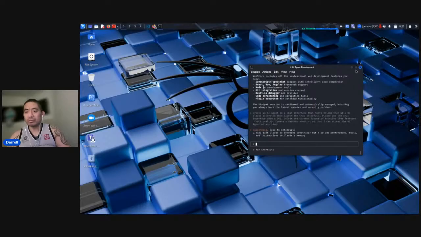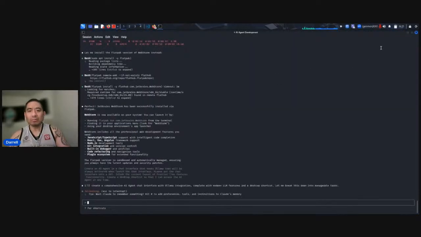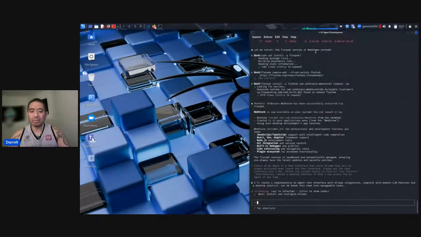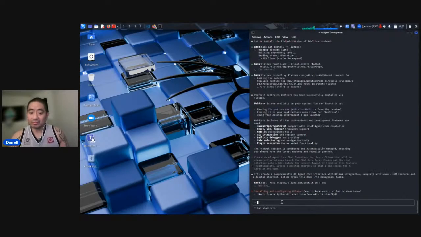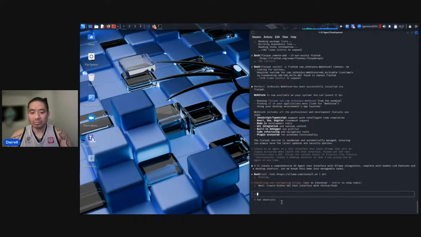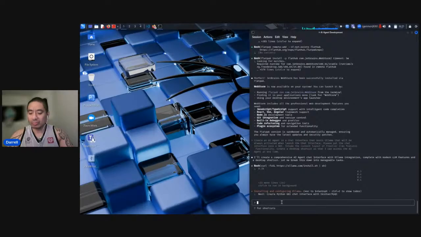So let me see if I could maximize this. Oh, all right. So let's try the Windows key. Oh, okay. So believe it or not, folks, the shortcut keys from Windows can be applied onto Kali Linux. And you can tell I'm a newbie in Kali Linux, which I am. So no harm, no offense. You're not offending me if you call me a newbie.